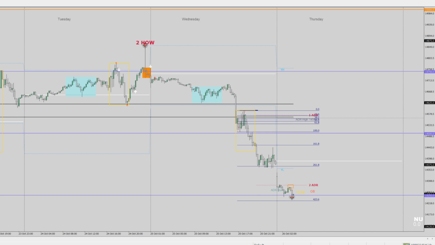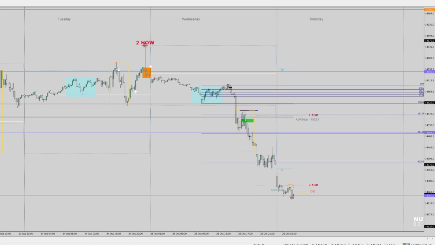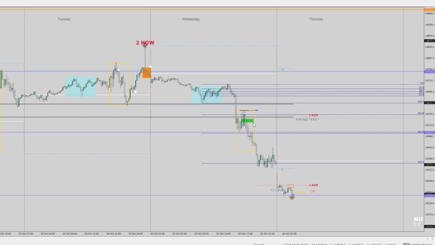So once more again, we're going to go here and highlight from the low to this high. I'm going to use this area to help me get in. And that's what I'm going to do. I'm just going to wait. Let's see if I can delete this real quick. There we go. I'm going to come back up here. If I had gotten in a little bit earlier, I would have gotten in right there. But I was not. I was actually